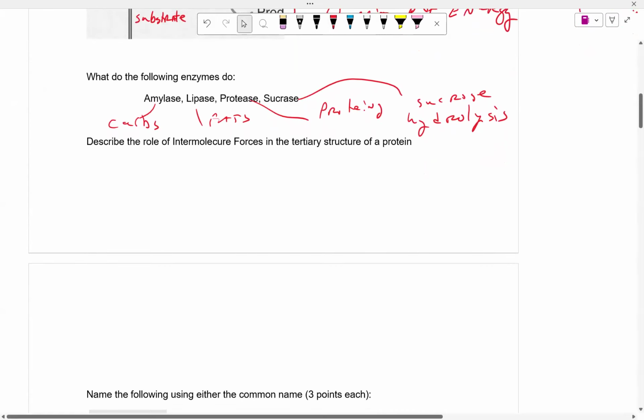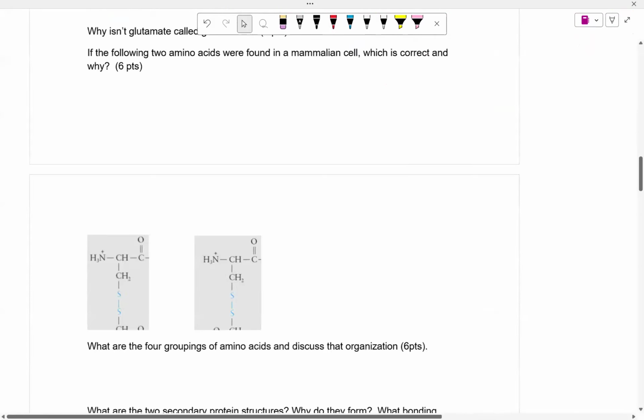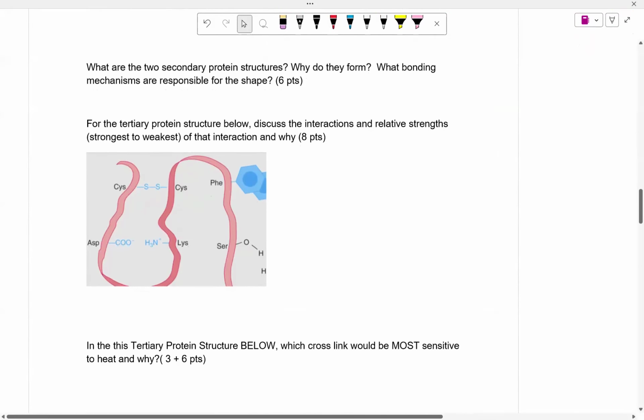Okay, describe the role of intermolecular forces in the tertiary structure of a protein. That's a tertiary structure of a protein. So intermolecular forces is what makes it the shape it's in, period. So that's the interactions between